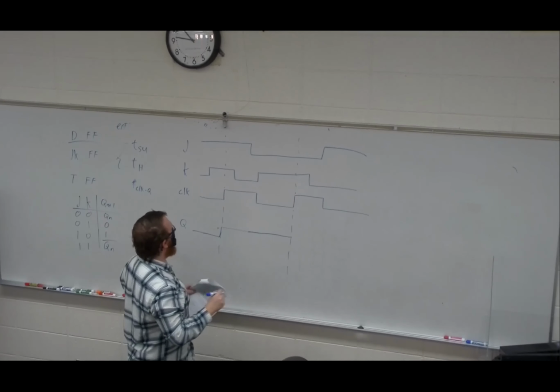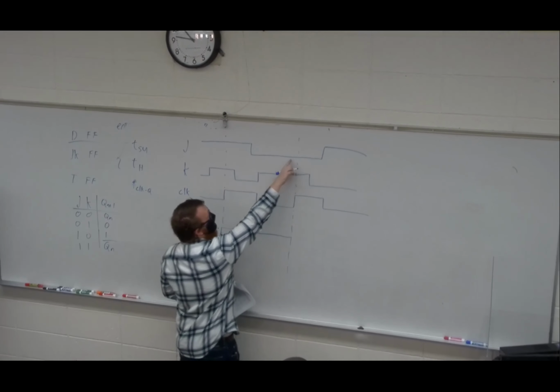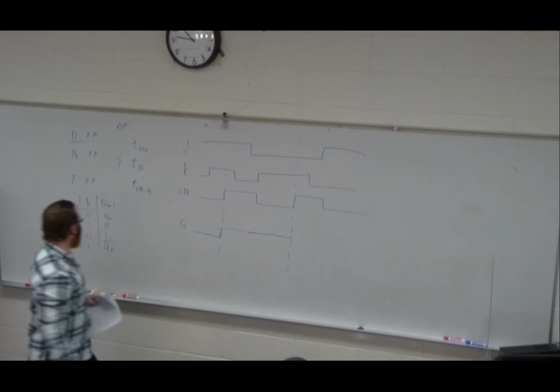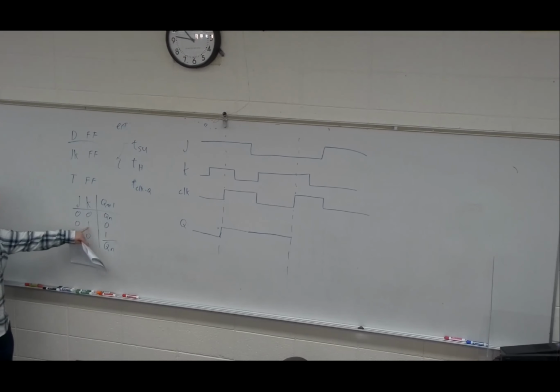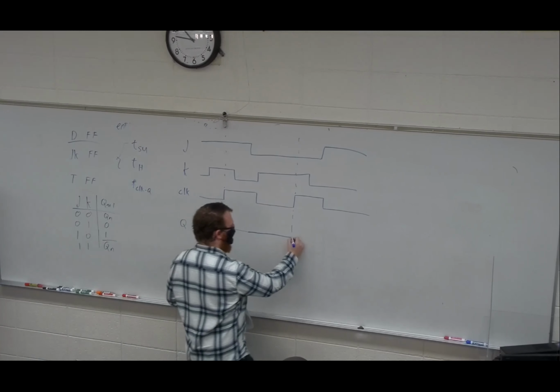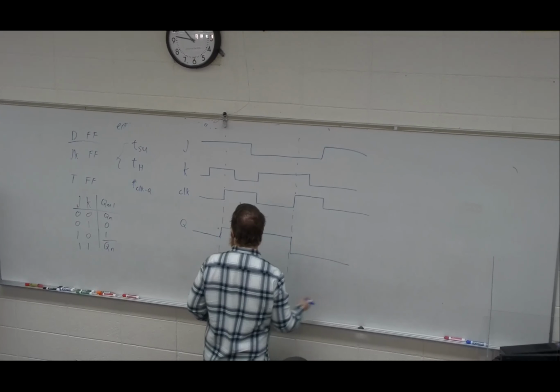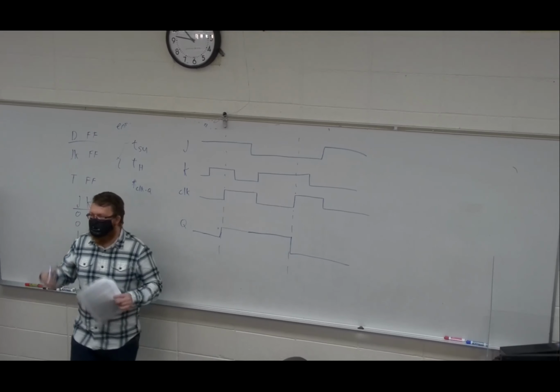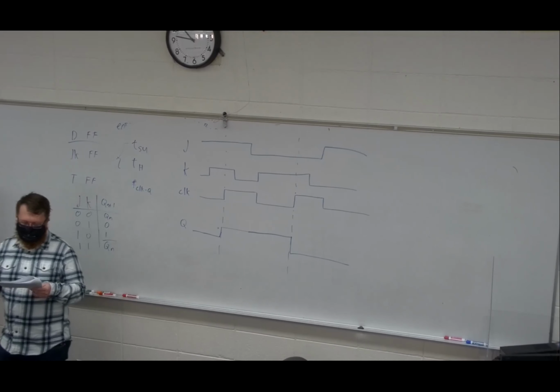Now again, we evaluate. J is 0, K is 1. We're now setting it to 0. Ta-da. So that's our basic ideal timing diagram for